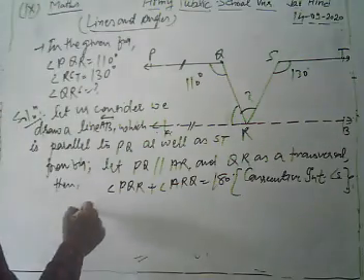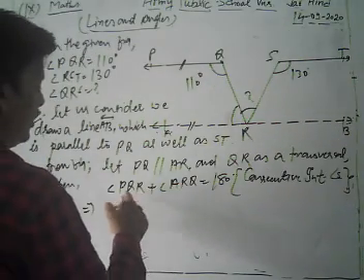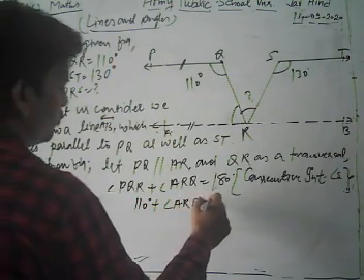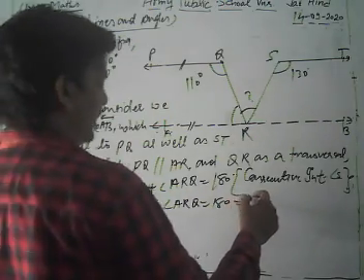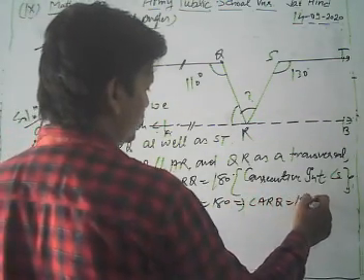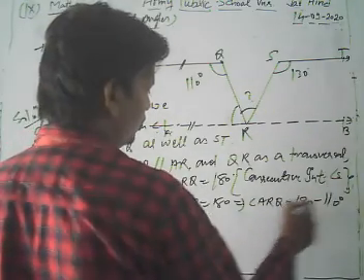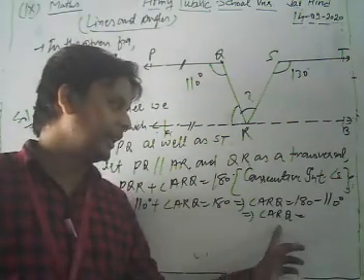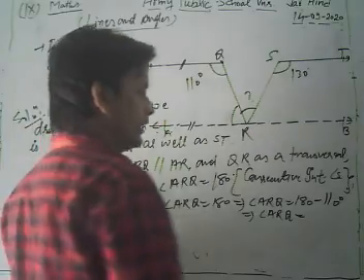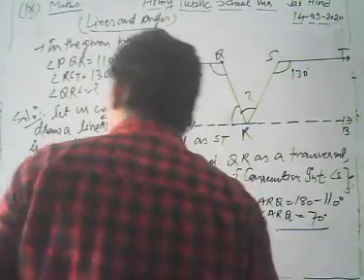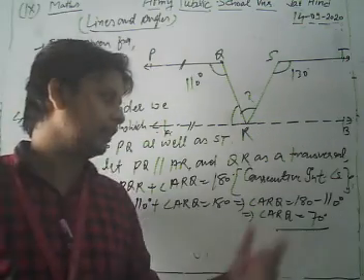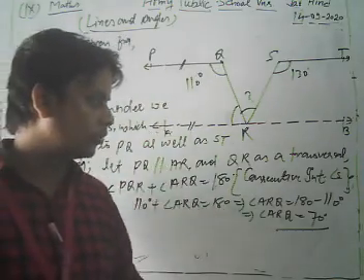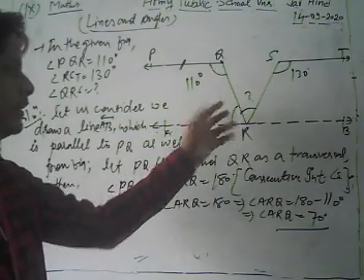So thus we have, putting angle PQR as 110, 110 plus angle ARQ is equal to 180. So angle ARQ is equal to 180 minus 110, which is 70 degrees. So in this way, dear student, we find the angle ARQ as 70 degrees. Is that clear, dear students? Good. In this way we find the angle ARQ.